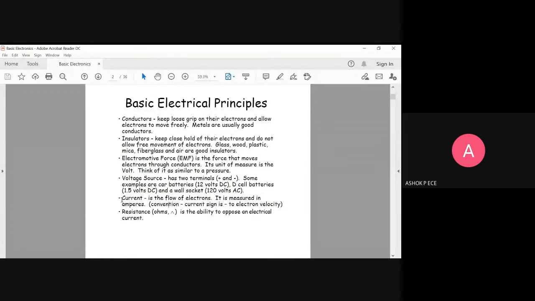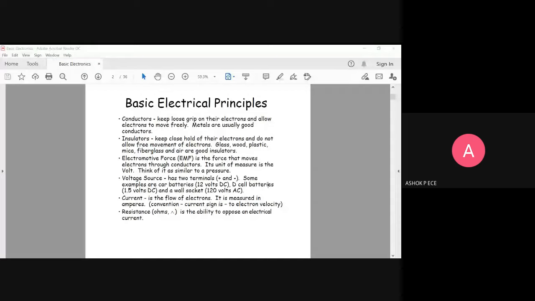Okay. So current is the flow of electrons, and the actual direction is the flow of holes. I told you what is meant by hole, right? A hole is a charge which is opposite of electron. The actual direction of current is going to be the opposite direction of the flow of electrons. Be clear on that.